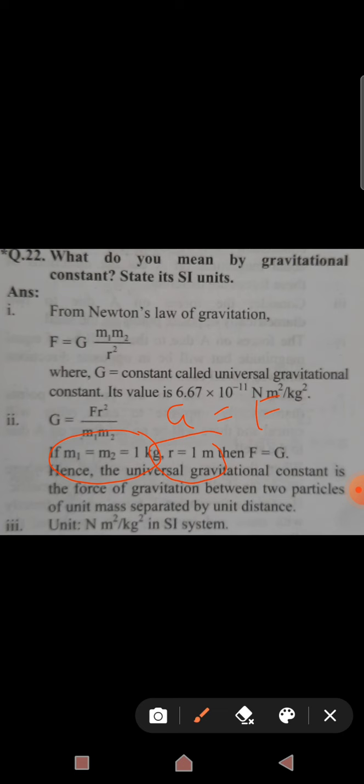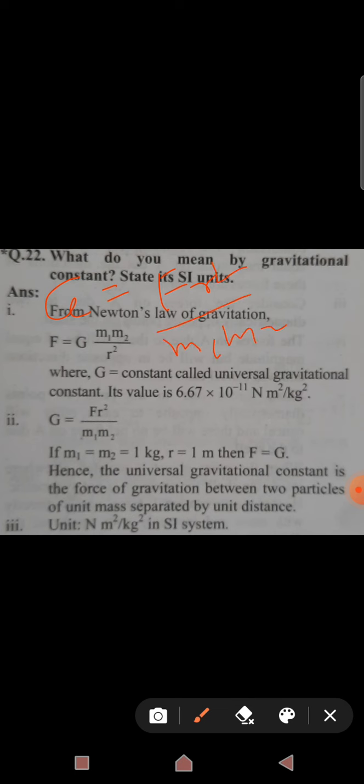Friends, again one interesting question we can see. We have already studied the topic of units and measurement, right? So we have to find the dimensions. I have to calculate the dimensions of the gravitational constant. In order to calculate the dimensions, you may use a mathematical formula or you may use the units. Here I am using the mathematical formula, that is G is equal to F r square upon m1 m2.